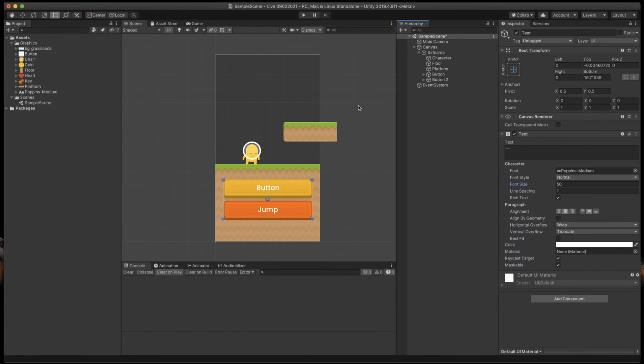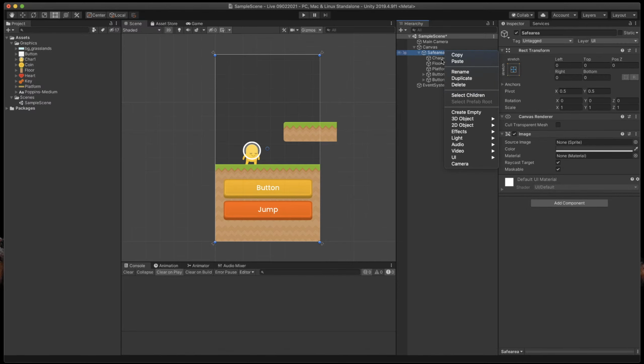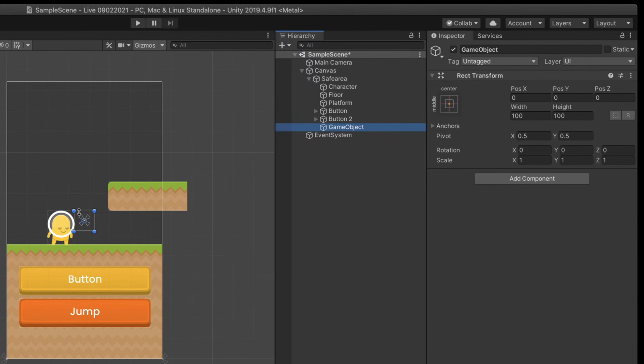So I will start with creating a game object that will be empty. Just right click here on our safe area and click create empty. That's because we like to have some things inside of it aligned, so they will be positioned at the correct place in our scene. Okay, so I will call it top elements,